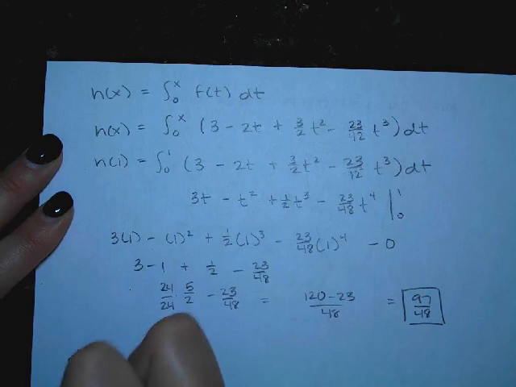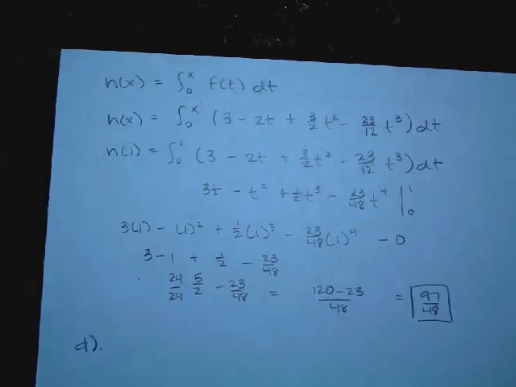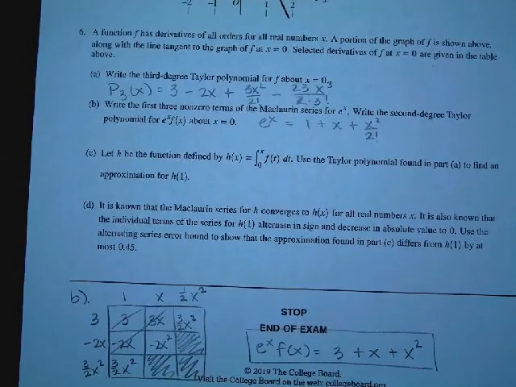All right, part D. So they want you to approximate h of 1 using the alternating